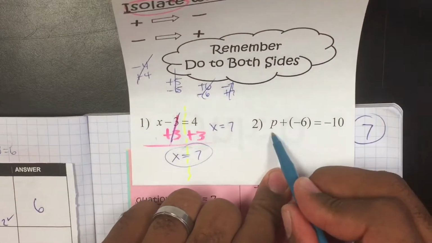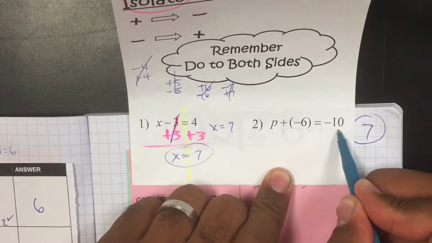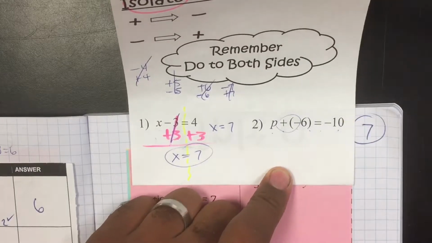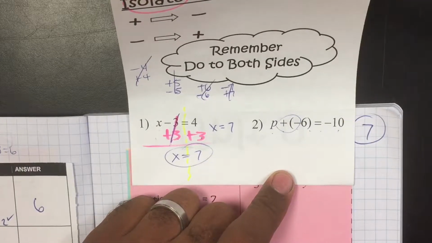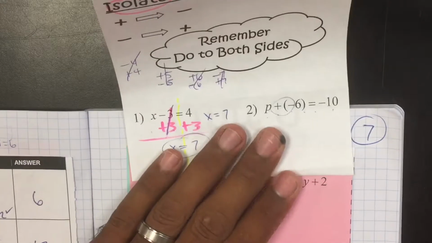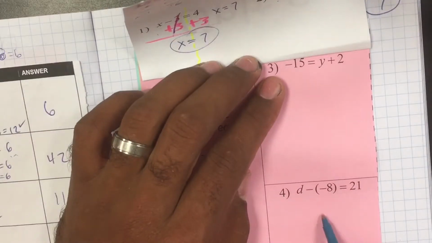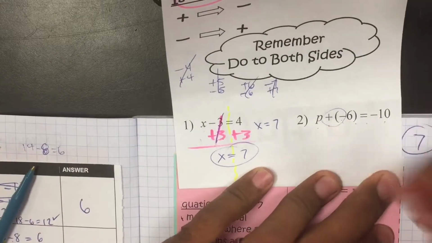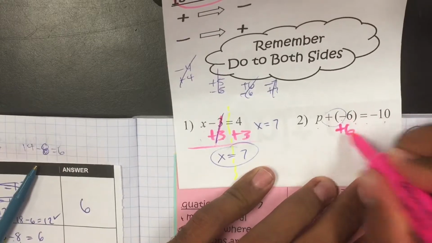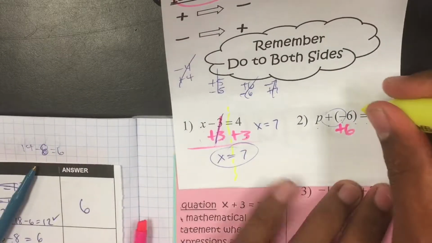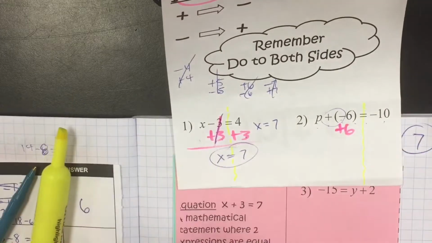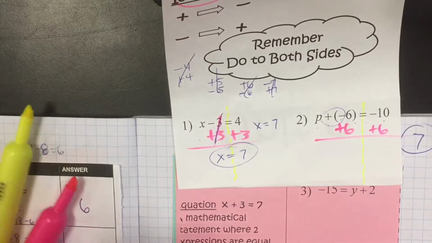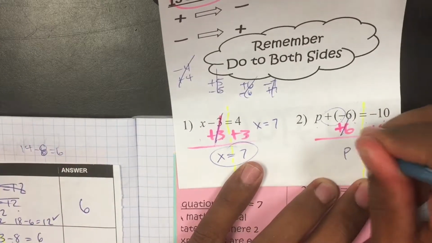So now we have P plus minus 6 equals negative 10. Well, first remember that if I have plus minus, what should I do? Well, I don't really have to do anything. I only have to change if it's minus minus, like we have here in number 4. So here, this is minus. So again, I want that 6 to be gone. So I do plus 6. I do it on this side, and then I go to the other side, plus 6. That's gone. P equals